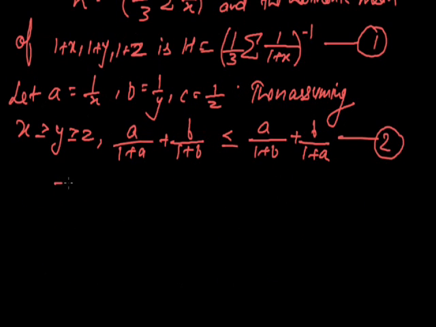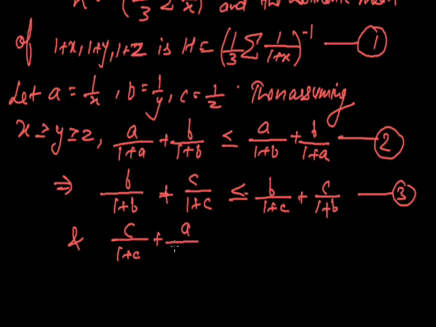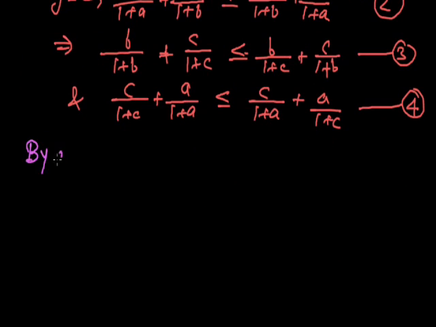Again, similarly we can say that b upon 1 plus b plus c upon 1 plus c is less than or equal to b upon 1 plus c plus c upon 1 plus b. Let it be equation 3. And finally, c upon 1 plus c plus a upon 1 plus a is less than or equal to c upon 1 plus a plus a upon 1 plus c. Let it be equation 4. Now by adding all of the three equations we get